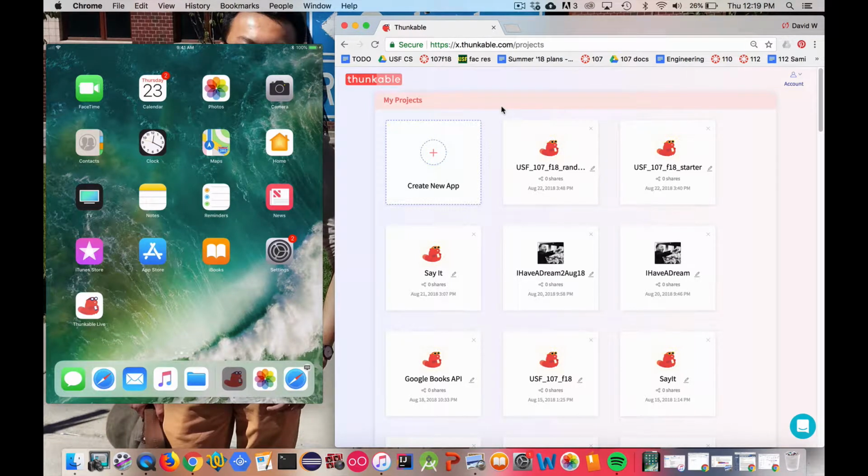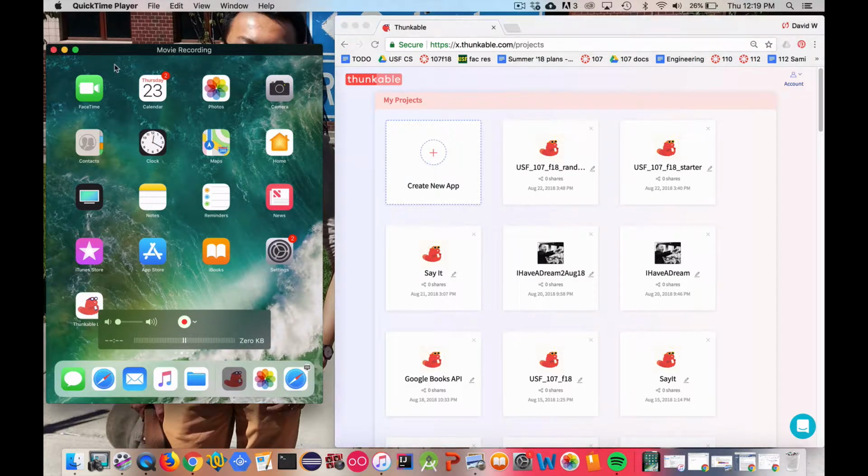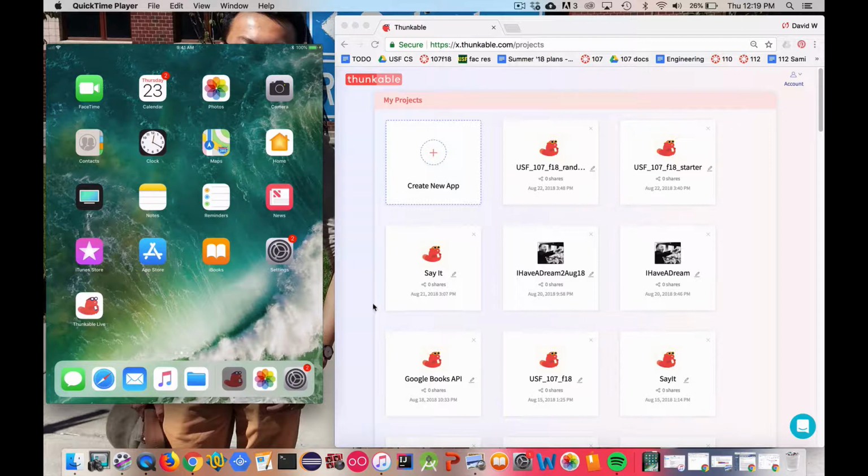I'm going to show you how to build an app with Thunkable. It's a drag and drop kind of app builder. You can build iPhone apps, iPad apps, and Android apps. It's kind of multi-platform. I've got my screen set up where I'm projecting my iPad onto the screen,